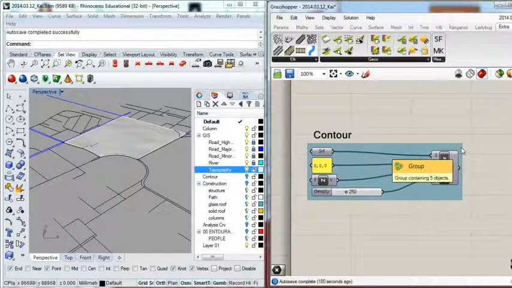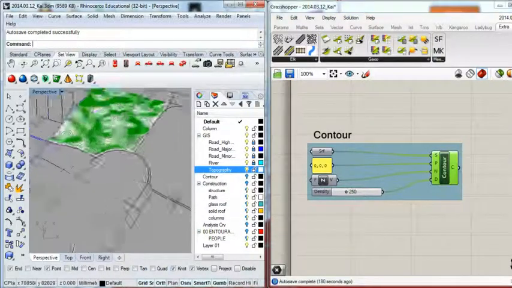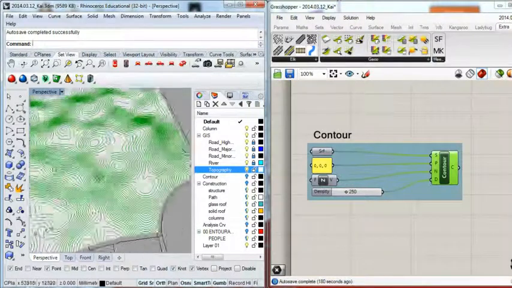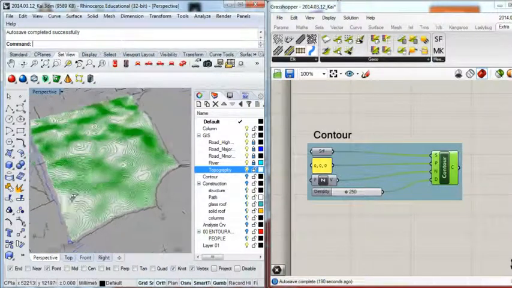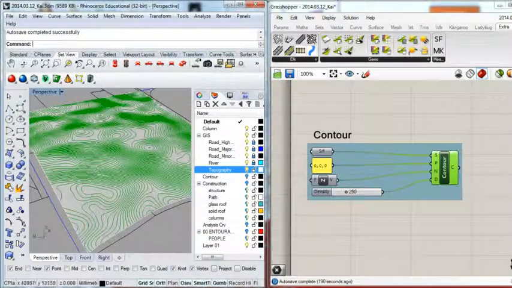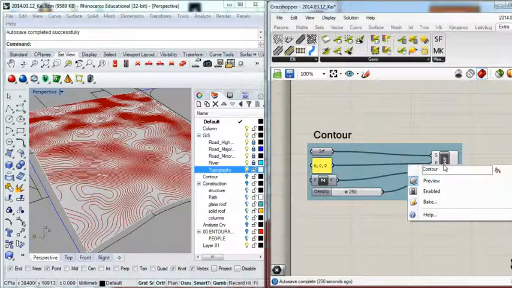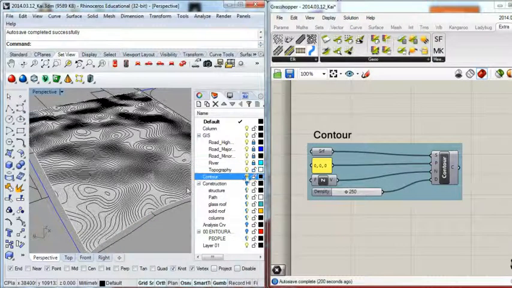Okay, then we come to step 2, generate the contour. With the generated topographic surface, I want to generate the contour line with adjusting the space parameter. The less the space in between, the denser the contour is. So I set 25 cm to get the contour, as it shows.